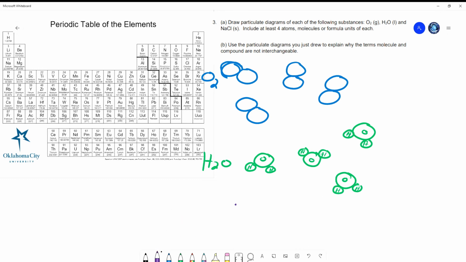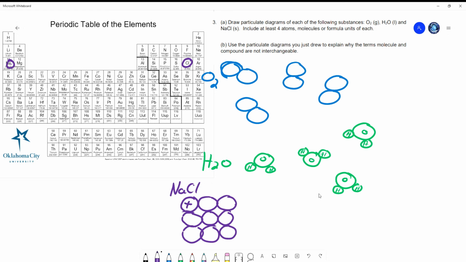Okay, and then for NaCl, we've got sodium over here, which is going to be a metal, and then we've got chlorine over here, which is a nonmetal. So it's going to be an ionic compound, which is going to be a lattice structure instead of the molecules that the other two have. Okay, so we've got sodium, chlorine,